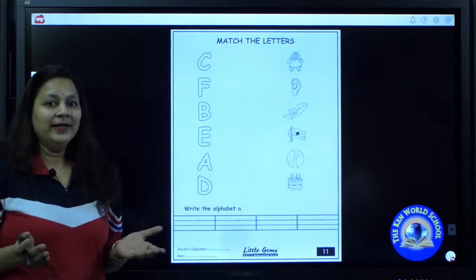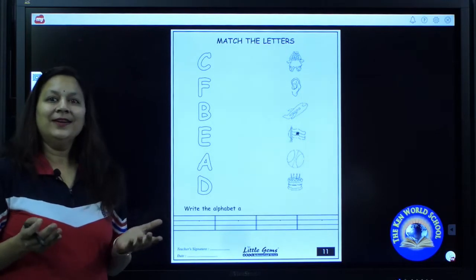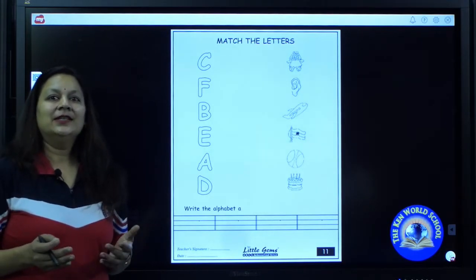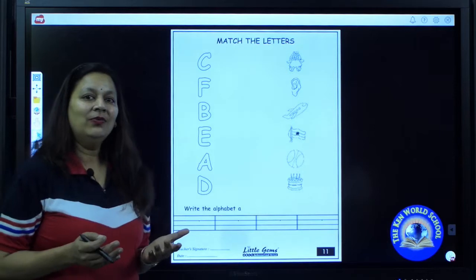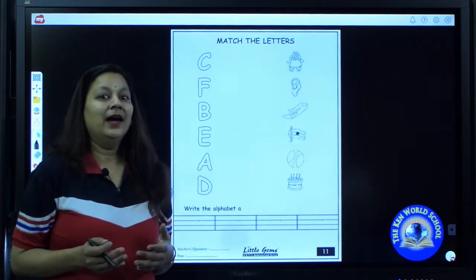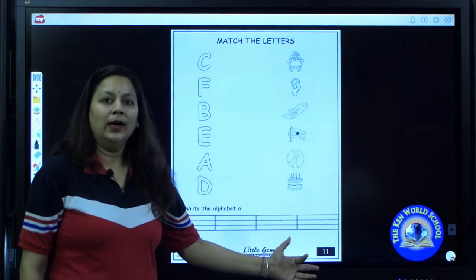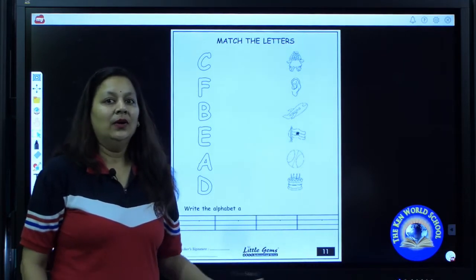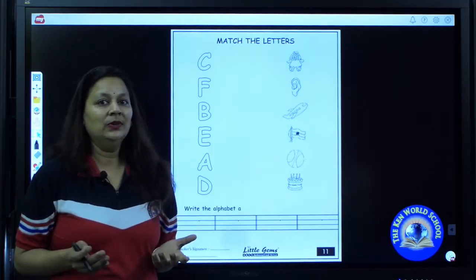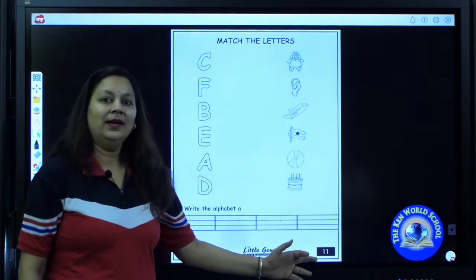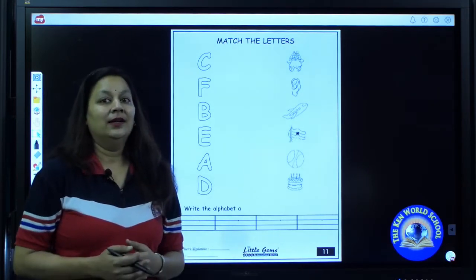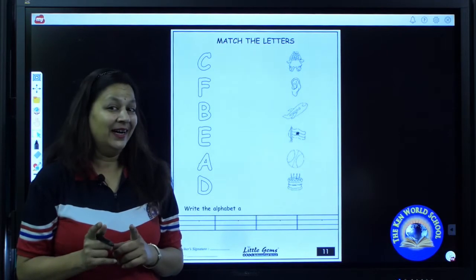Now cutie pies, open your English file. Take out your English file and open page number 1111. Which page are we going to do? Now it's an activity time.